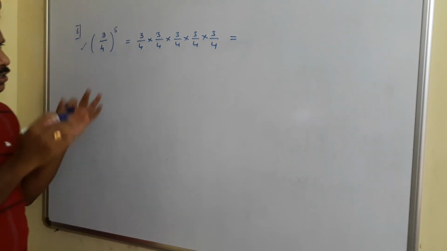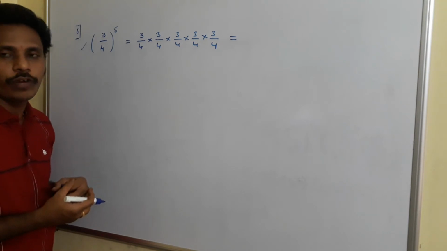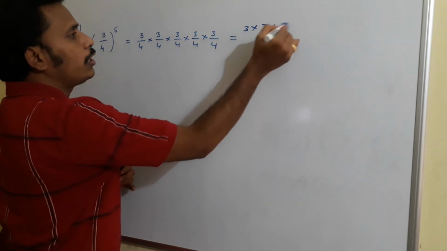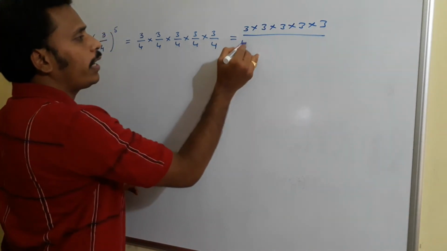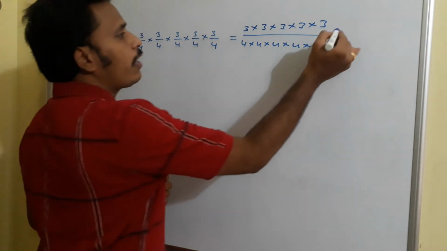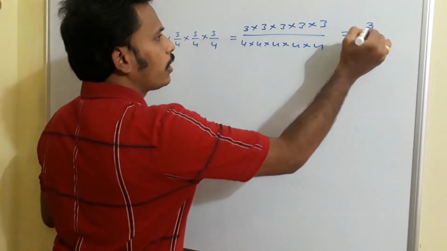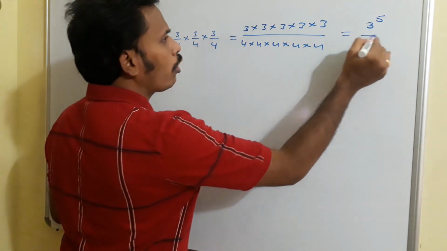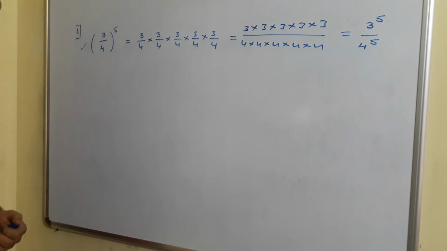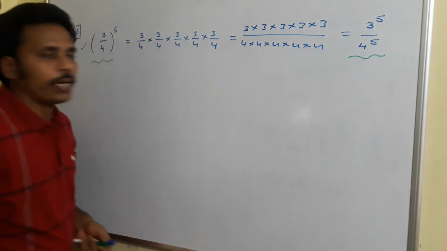And after that, by the theory of fractions, multiplication of fractions is simply nothing but multiplication of numerators divided by the multiplication of denominators. So multiplication of these fractions is simply nothing but 3 into 3 into 3 into 3 into 3 divided by 4 into 4 into 4 into 4 into 4. Is it right? Absolutely. And then if you observe, we are multiplying 3 for 5 times, so this is simply 3 power 5. And here we are multiplying 4 for 5 times. This is simply 4 power 5. At the end, this 3 by 4 to the power 5 is 3 power 5 divided by 4 power 5.